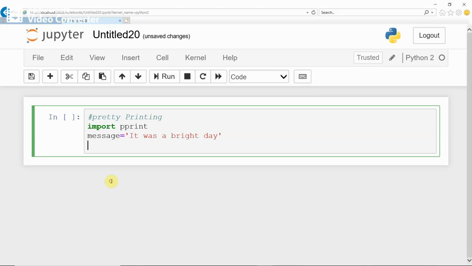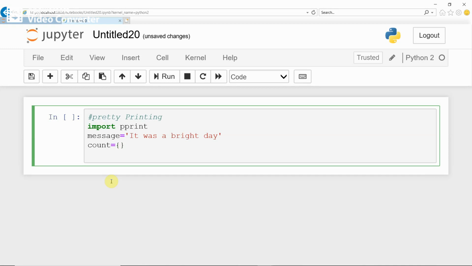Here, if you want to count the alphabet alphabetically, for example, I exists how many times, T exists how many times, W exists how many times, A exists how many times, character wise count. If you want to display character wise count, we have to use a data structure, that is dictionary. Okay, create a data structure as count, which is empty now.